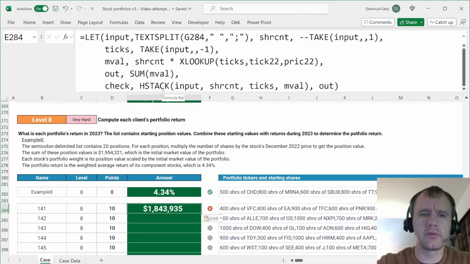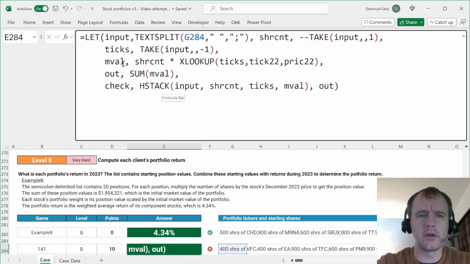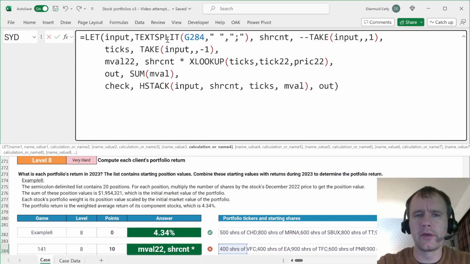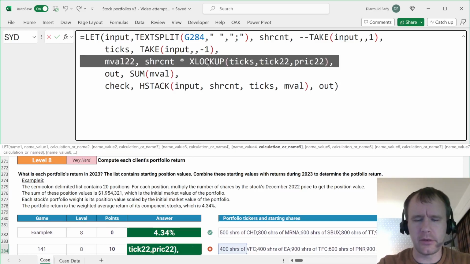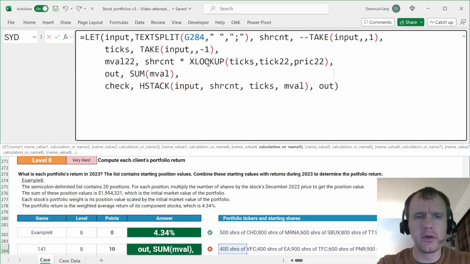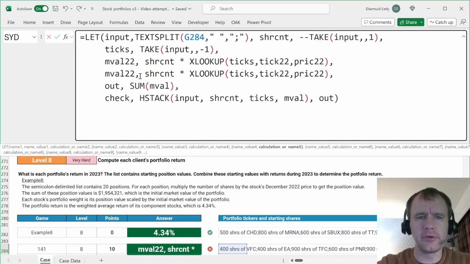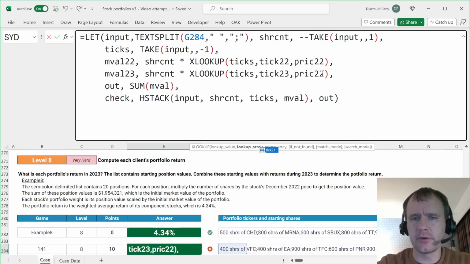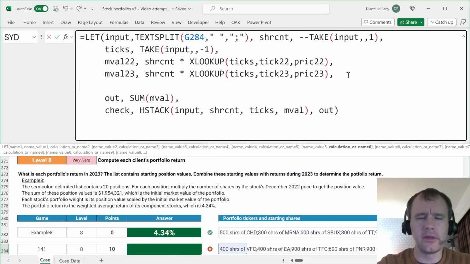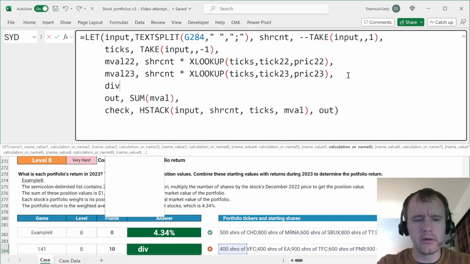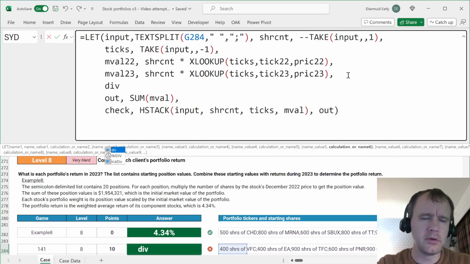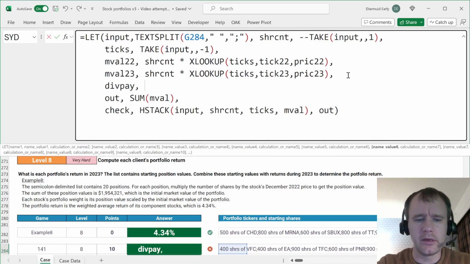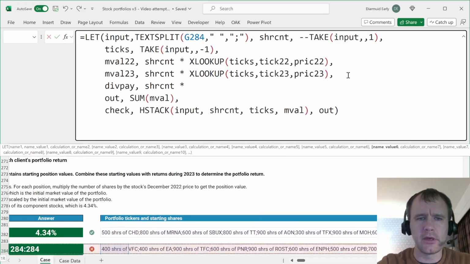I'll call this now mval 22, and that is fine. And then I can copy that whole formula, put it here, and I'll call it mval 23, and that's just doing the same lookups, but on tick 23, returning from price 23. And then div, I've used so many variants of this name now, just call it div pay, and that will be share count times